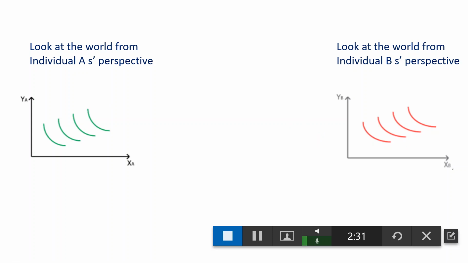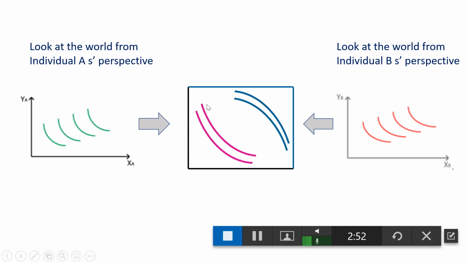So what would be the optimum consumption for A and B given A's preference, which is depicted by A's indifference curve, and given B's preference, which is depicted by B's indifference curve? In order to find that out, we use the contract curve. This is the initial creation of how we move to the contract curve.